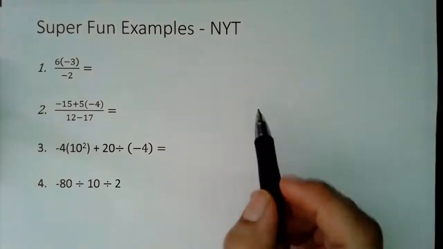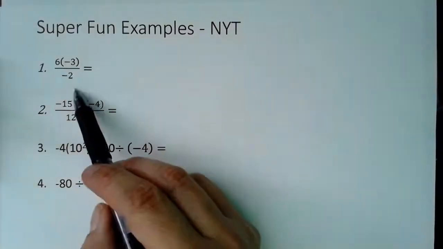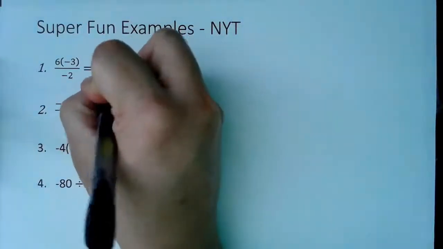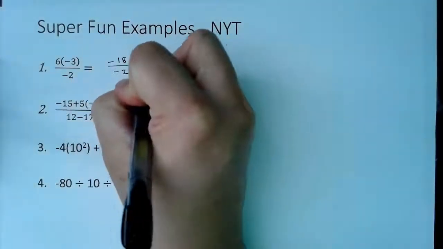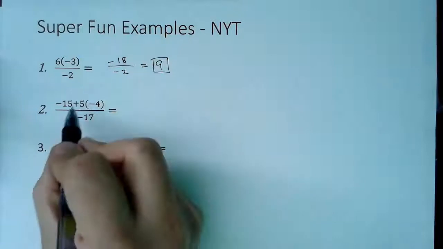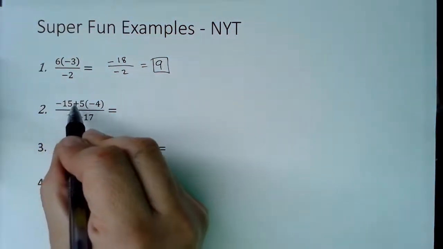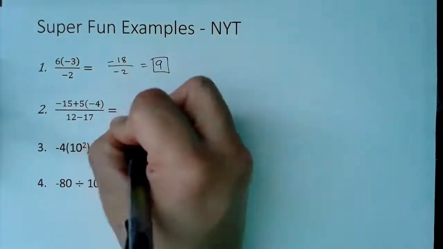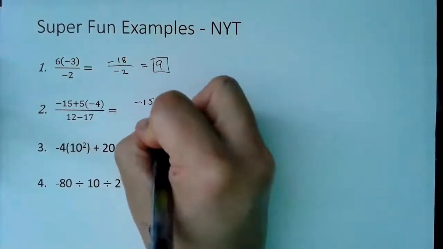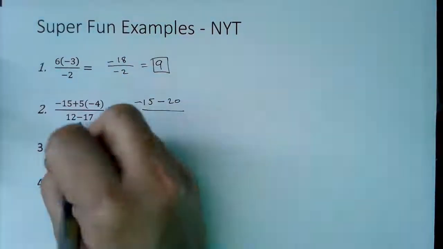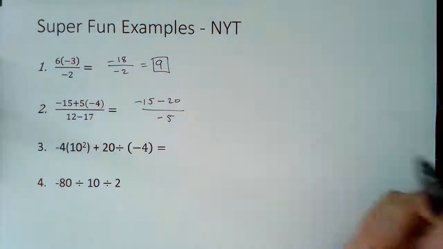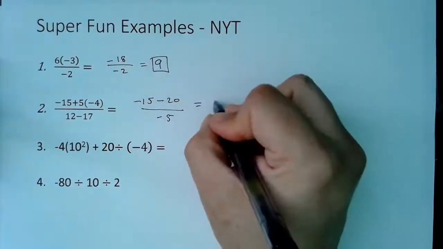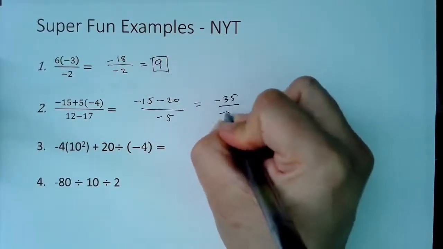Alright, so here we're just going to go ahead and multiply and then divide, or you can reduce. And then this is going to be negative 18 on the top divided by negative 2, which is positive 9. Okay, so on the top we have negative 15 plus negative 20. So that's going to be negative 15 minus 20, divided by 12 minus 17, which is just negative 5. 15 plus 20, because they're the same signs, that's negative 35 on the top, negative 5 on the bottom,